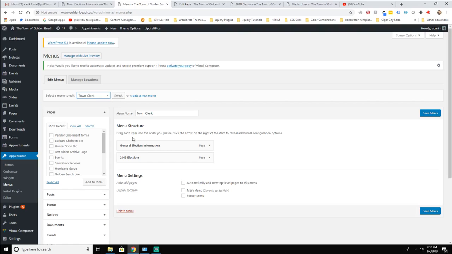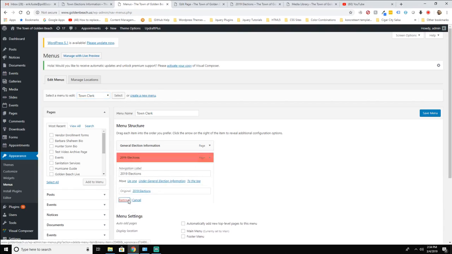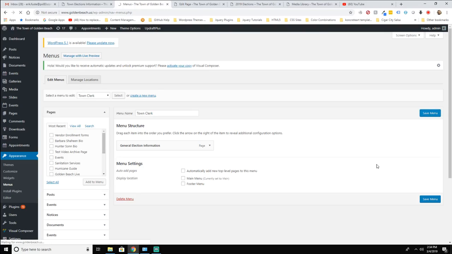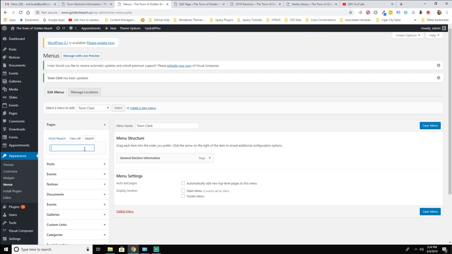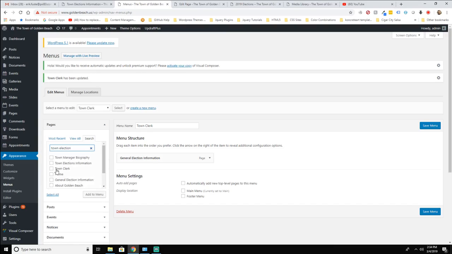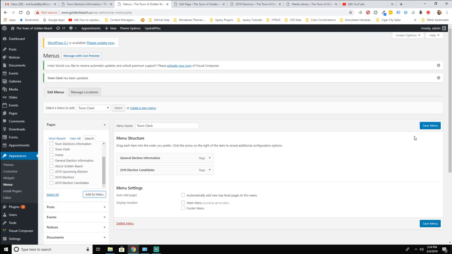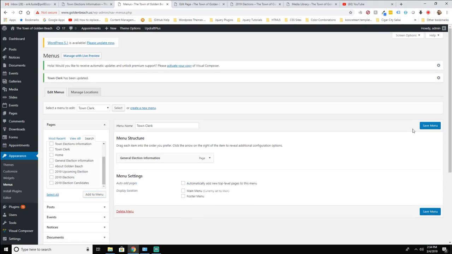This is the town clerk menu. It's already here. Let me remove this. I just did an example. Once you're in this town clerk menu, you simply look for the page that you've added, and you simply click search. I'm just going to put anything random. Once the page comes up that you added, you simply click the checkbox, add to the menu. It will add it to the menu in a moment. Once you see it appear on this right hand side, I'm sorry, my internet's been really slow today. Once that appears, you save, and it will automatically populate